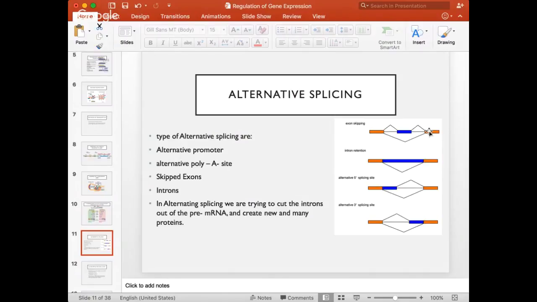In intron retention, it states that the intron did not get spliced out, so it stayed all together. You see in this figure right here. Then you have the alternative 5' splice site, so you can see that this orange exon has skipped the blue exon and connected to this orange exon. You can see that this orange exon right here has now connected to this blue exon and did not connect to